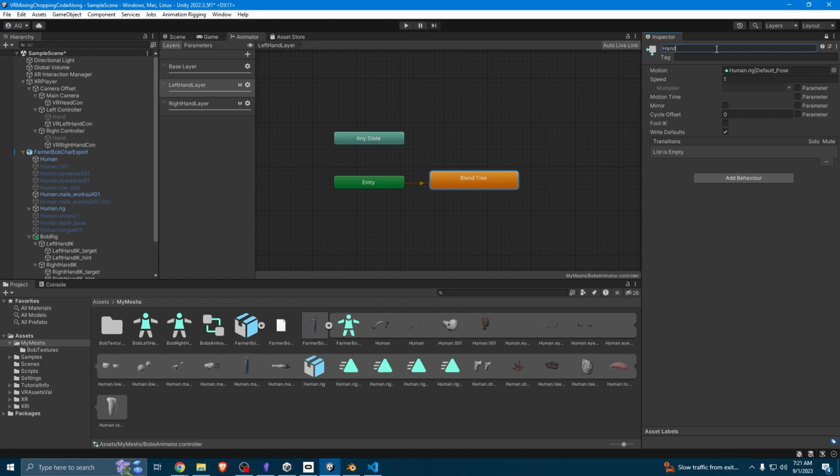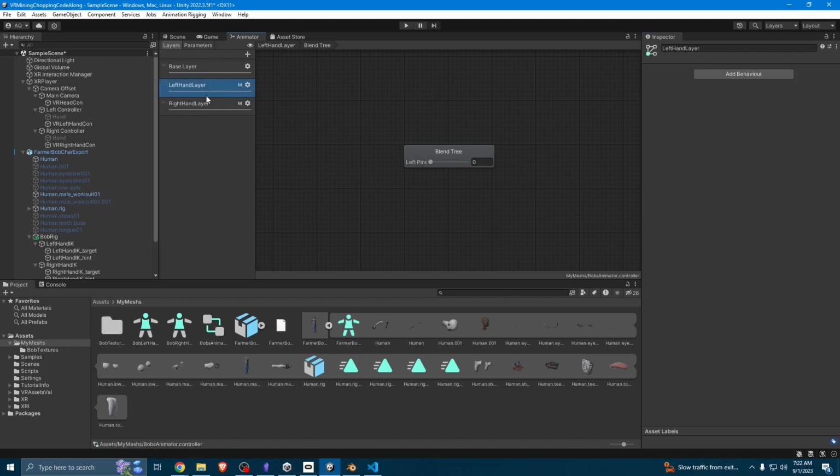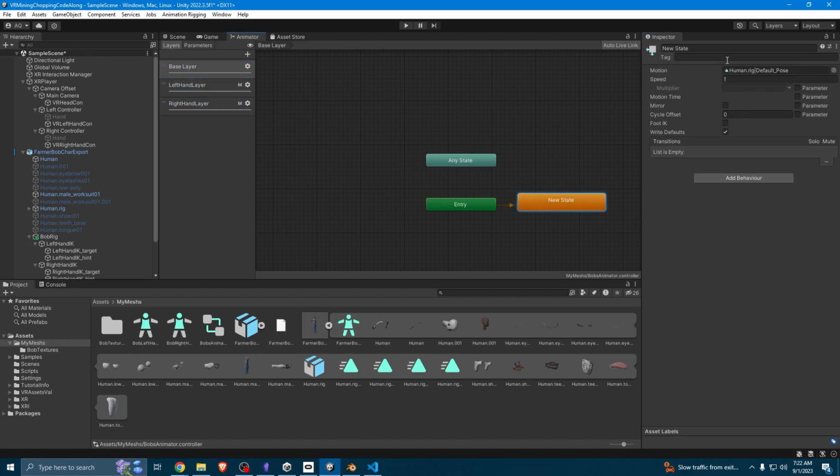I'm gonna call this hand blend. Okay, so let's go ahead and click our blend tree. And now, wait a minute, I changed the name of something I shouldn't have. Let me go ahead and Control Z and unlock this. So this is